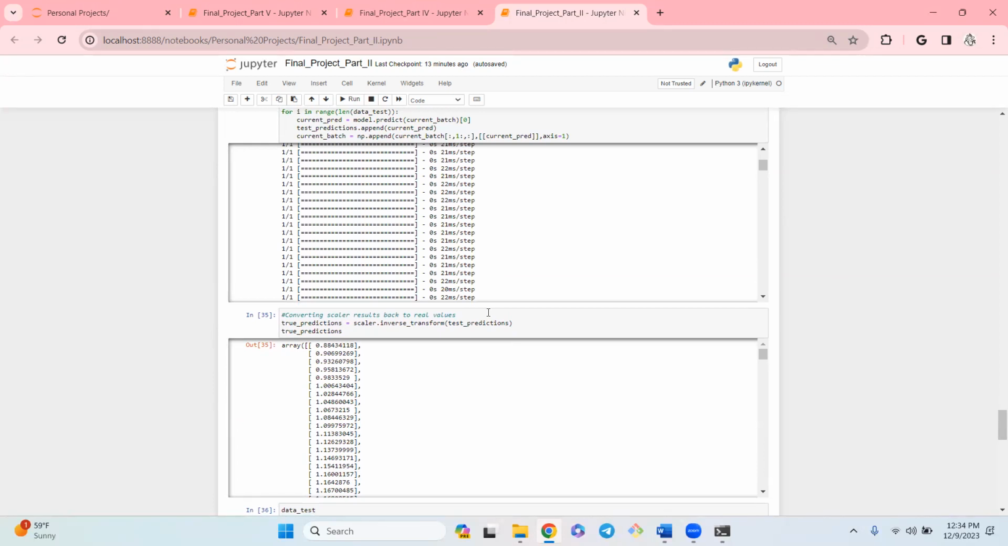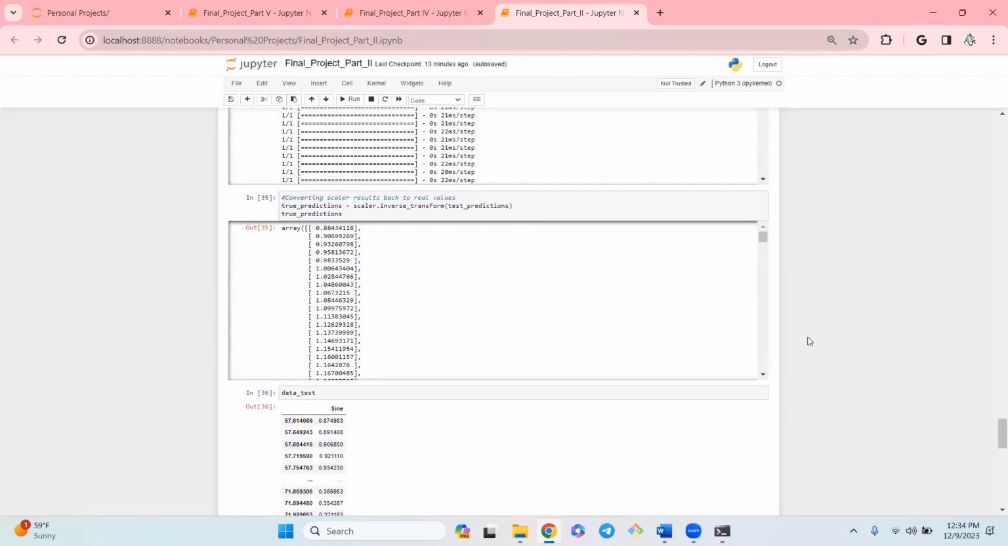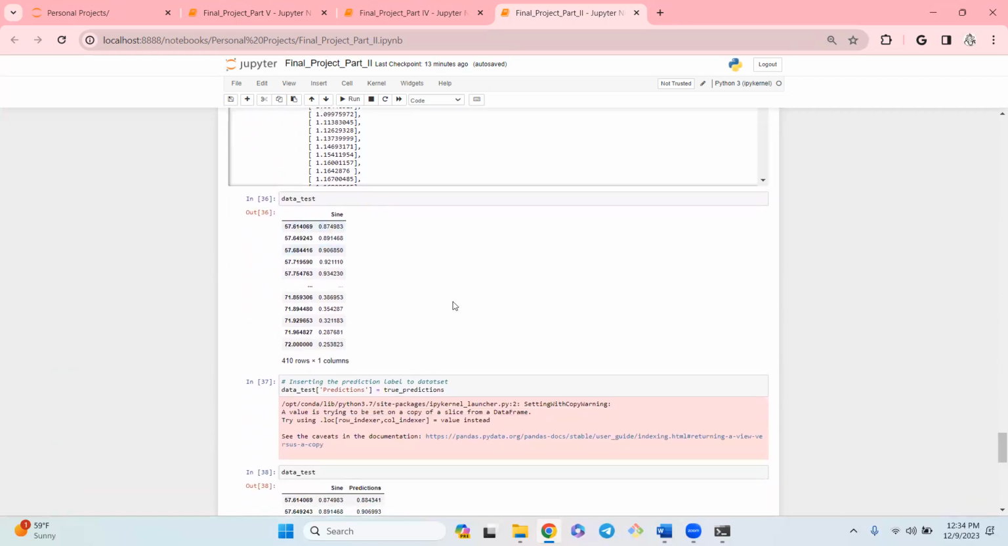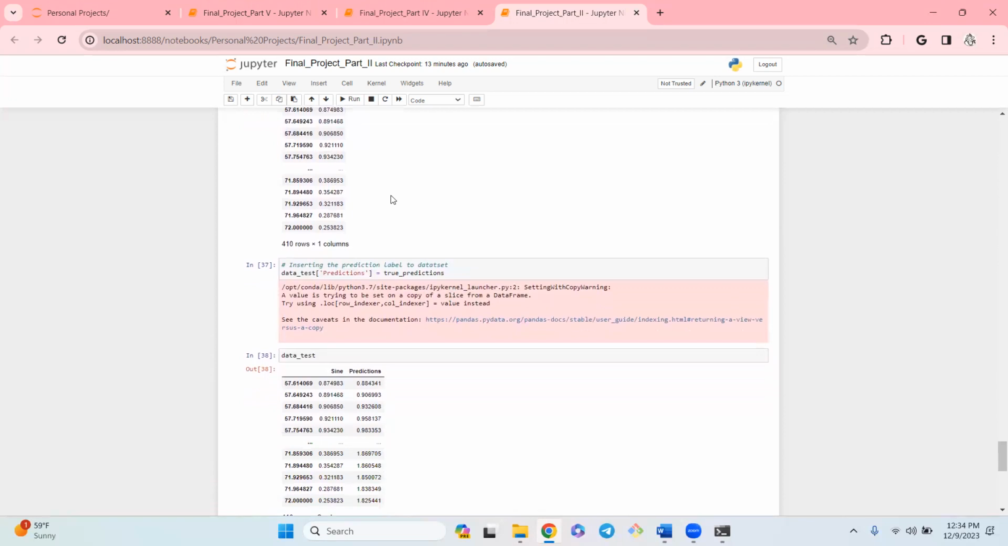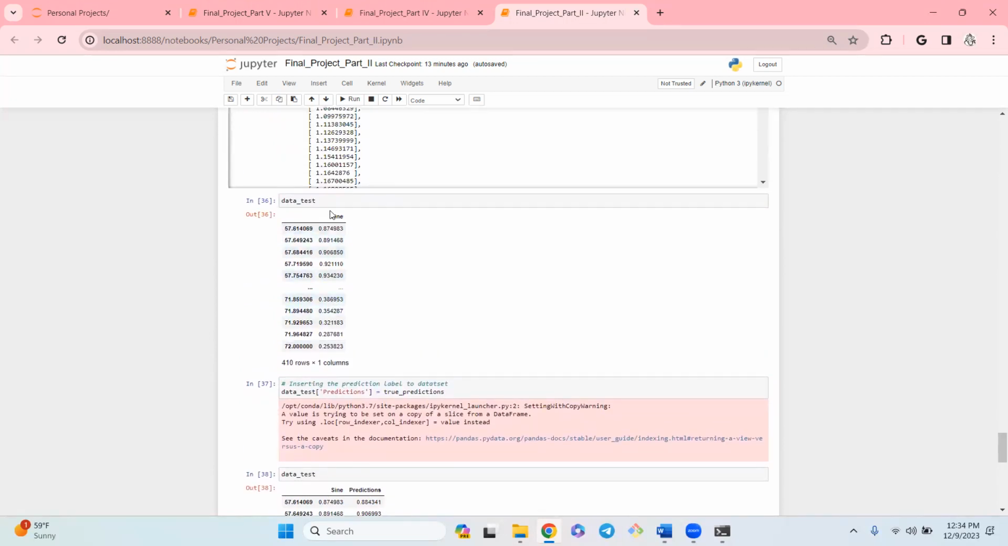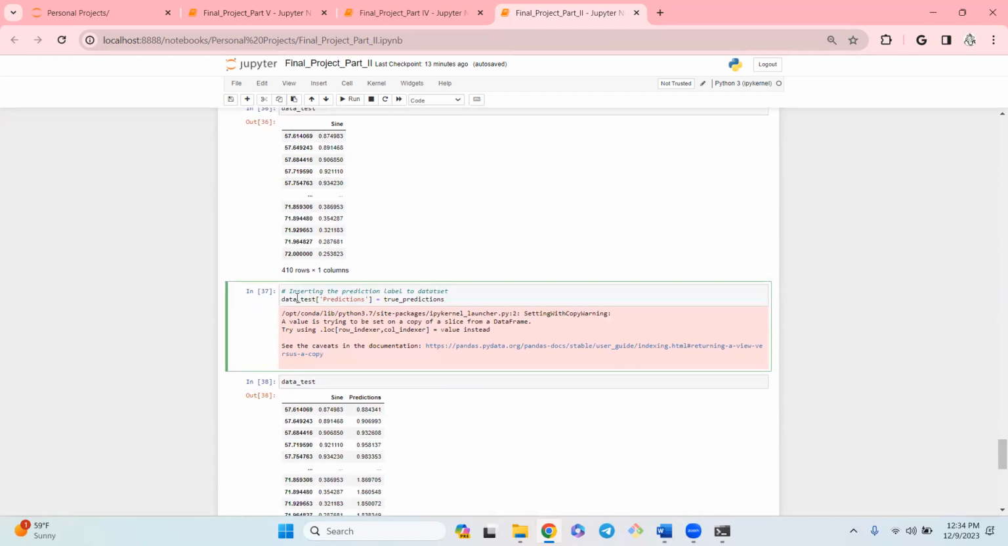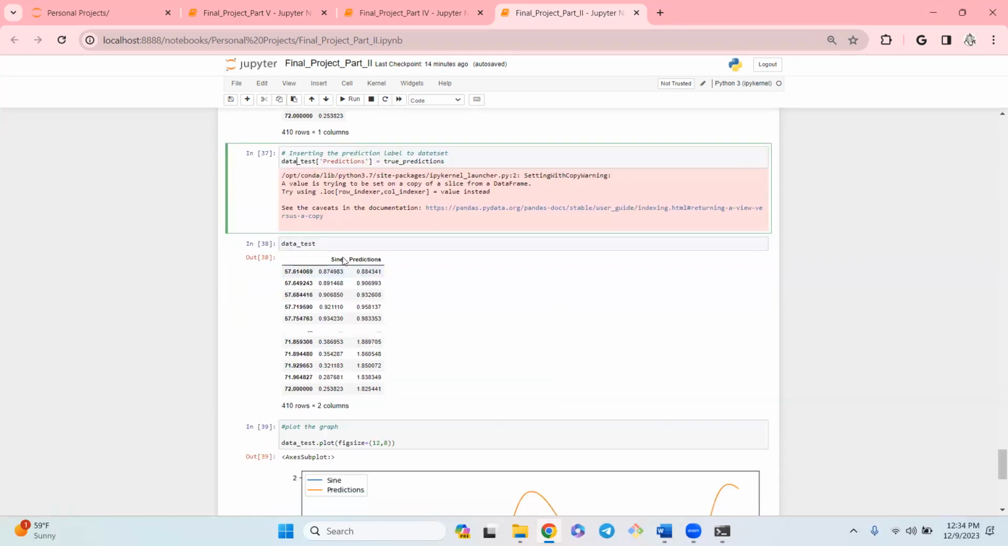Inverse transform the normalization which was applied in the previous step to get the final data values. After this is the actual data set which we see here. We have only one feature, which is sine. But after the predictor values, we can create another feature by the name predictions, and then we can add those prediction values in the data test. So here, if you see, we have the sine data set, which is the actual values,